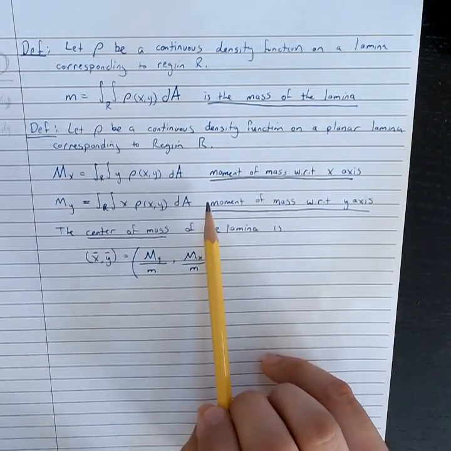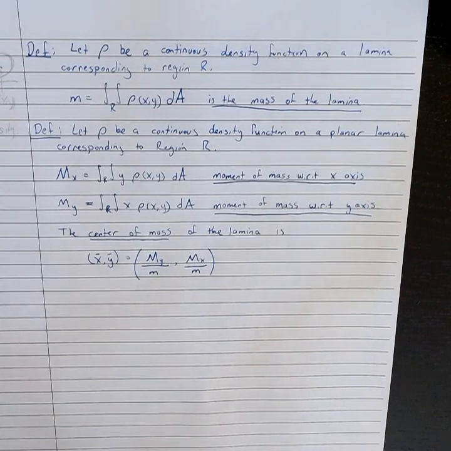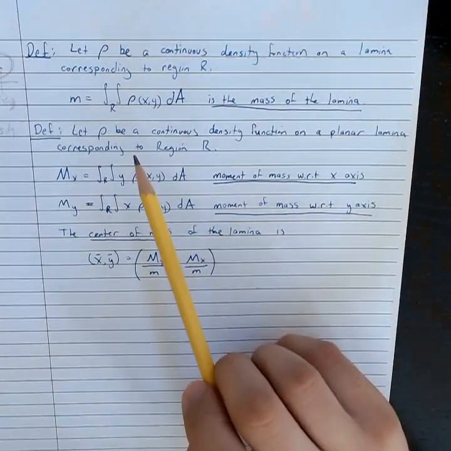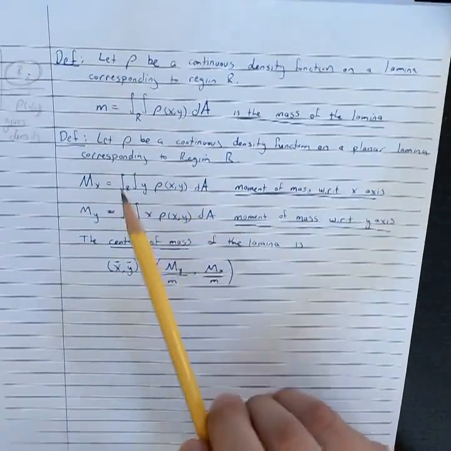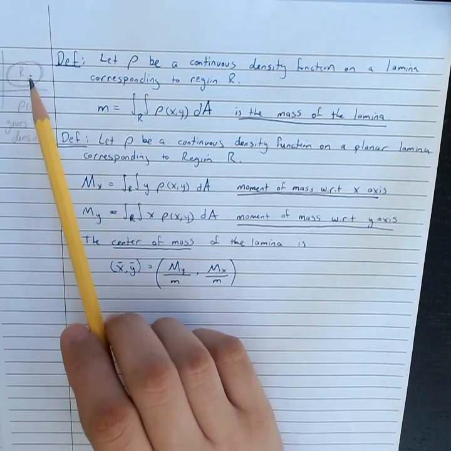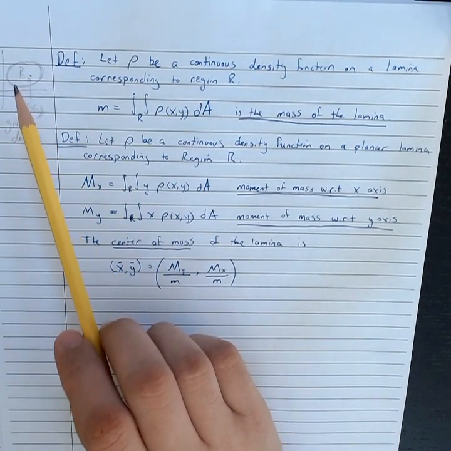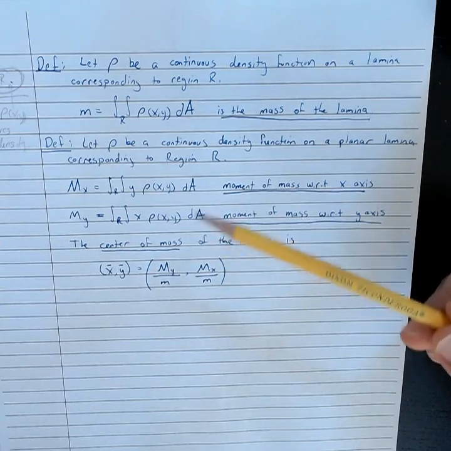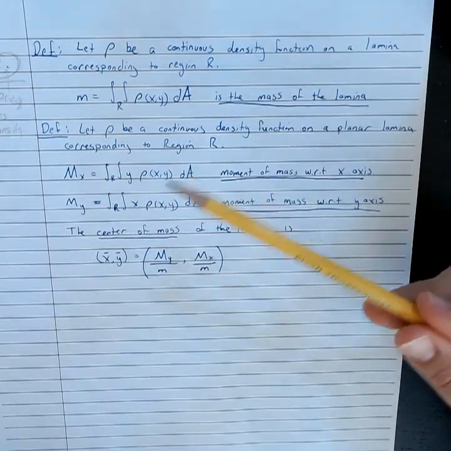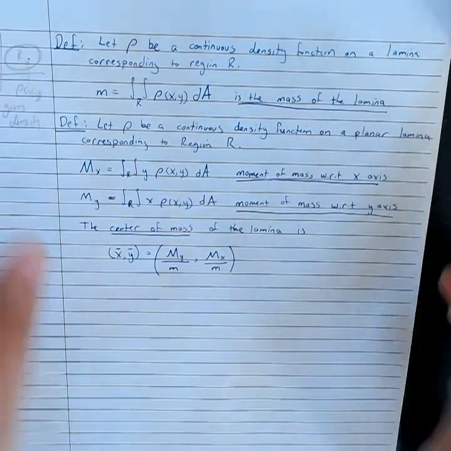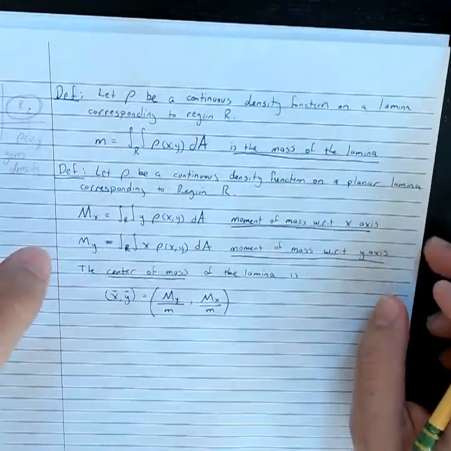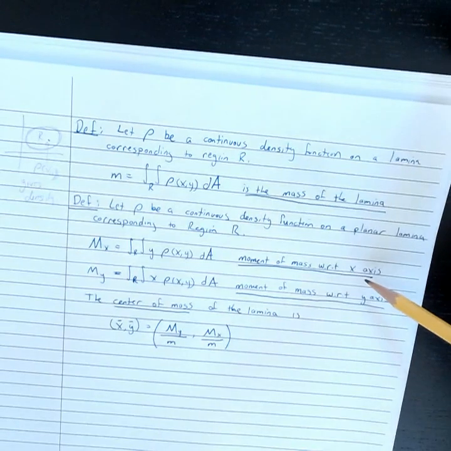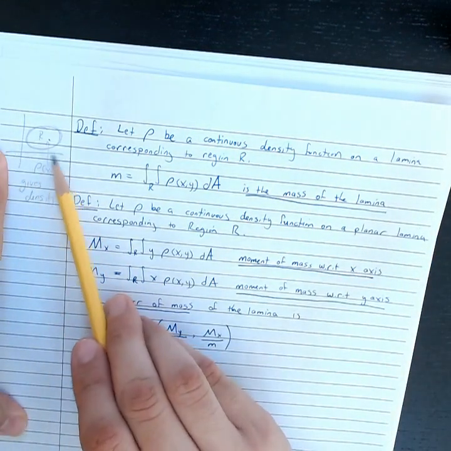moments with respect to the x-axis and to the y-axis, you'll remember in Cal 2 that take a bit of effort because we had to describe all of this with respect to a single variable. In Cal 1 and 2, we don't really have the ability to express things in terms of multiple variables. Here, we have to express everything in terms of x. So our moments, you'll think back, were a little bit more complicated looking. But now, since we can express everything in terms of any number of variables we like, the expression is now much simpler. The moment of mass with respect to the x-axis, if that's the x-axis down here, then the moment